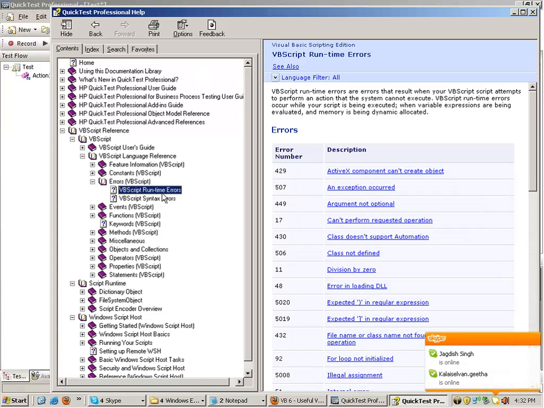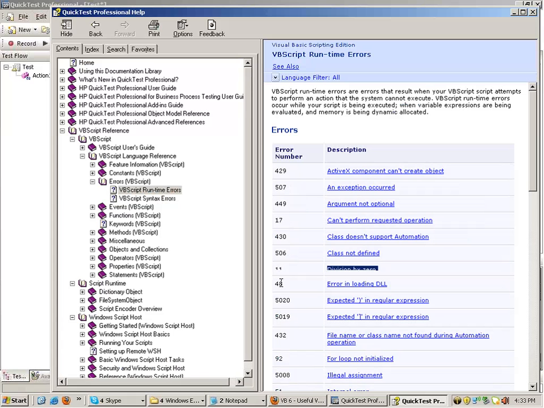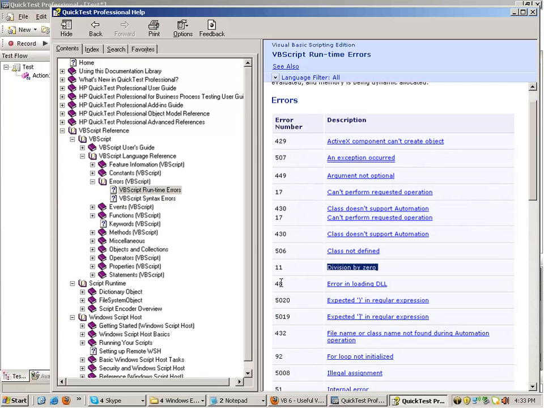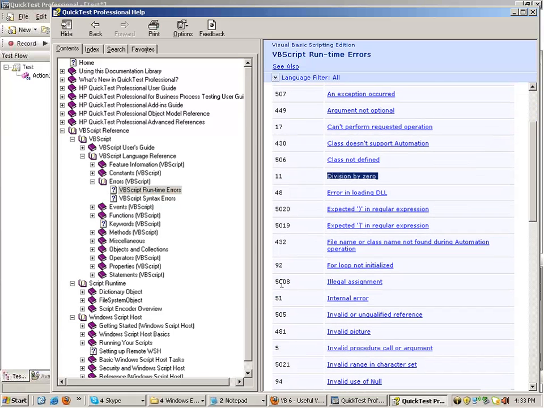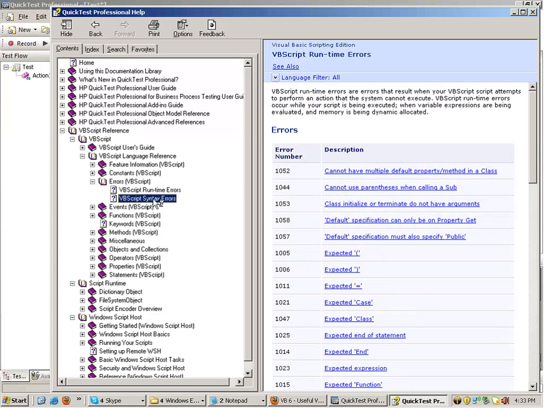They have described now every error in VB has a number associated with it. Okay, number and description. For example, number 11 means divide by 0 error. So every type of error has a number associated with it and a particular description. Fine. So there are 2 types of errors: runtime or syntax errors.